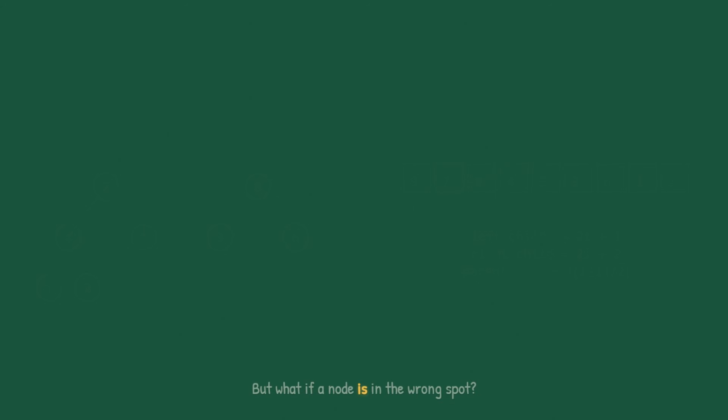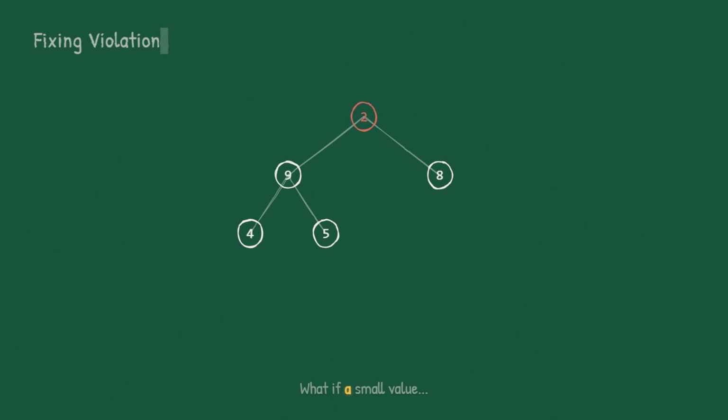But what if a node is in the wrong spot? What if a small value ends up at the top? Compare with both children. 9 is the biggest. Swap. Again, compare. 5 is bigger. Swap. And now, 2 has no more children. It stops. This process is called Heapify. The node sinks to where it belongs, and it takes at most log-n steps, because the tree is only log-n